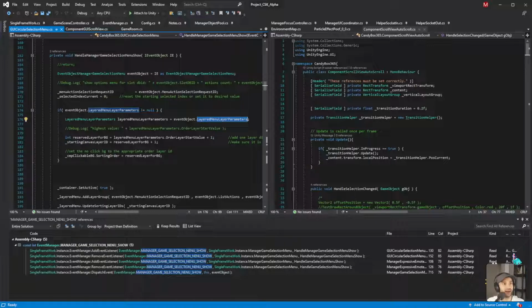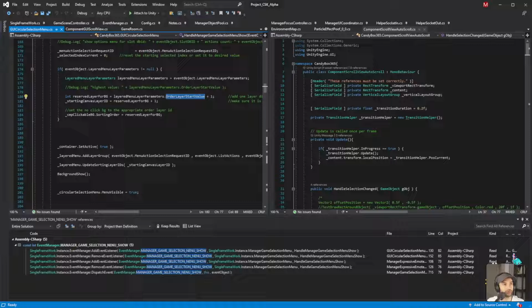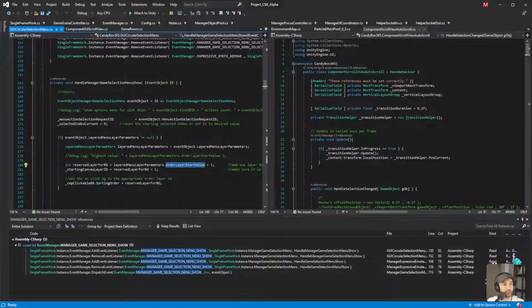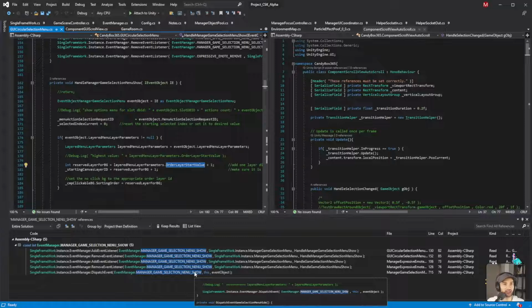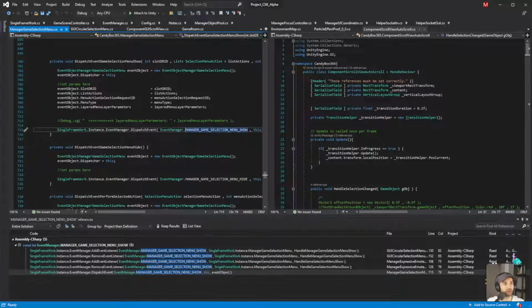Okay, so we get that, and then we get, this is the variable that I was talking about, order layer start value, and then we say +1, right? So that means that somewhere, somehow, it came in with an incorrect value at this point, is what I'm guessing right now. So let's jump to it. On the friends one, that would be called from the dispatch. So let's follow it backwards.